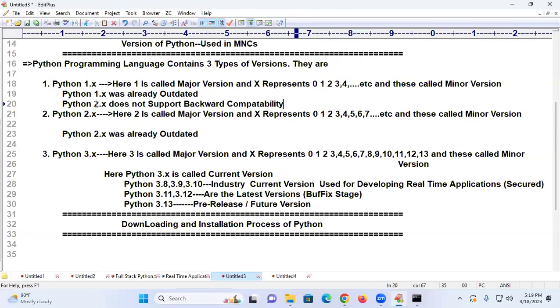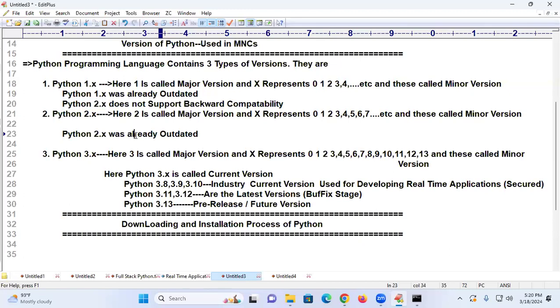That means in Python 2.x, most of the syntaxes are different from 1.x. You may have a doubt: sir, there are some projects already developed in 1.6. How can they migrate to 2.x? Because there is some concept present in Python programming. We can convert that 1.x old version things into new version things by the internationalization concept present in Python. Java also has it. Python also has it. It is going to be available in almost all the places.